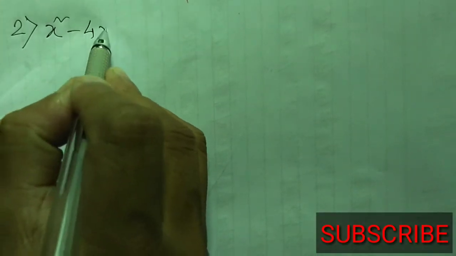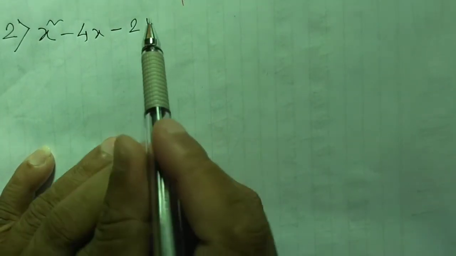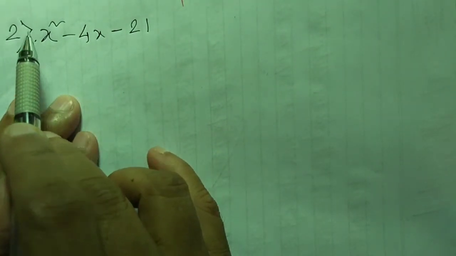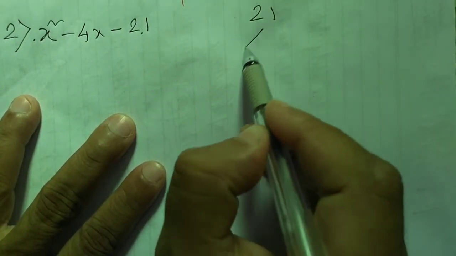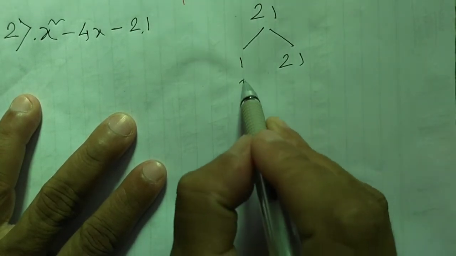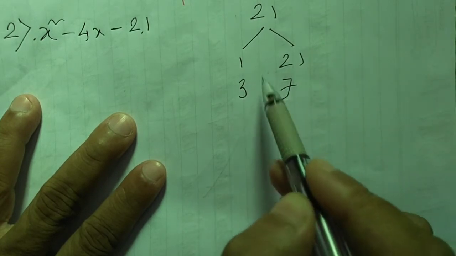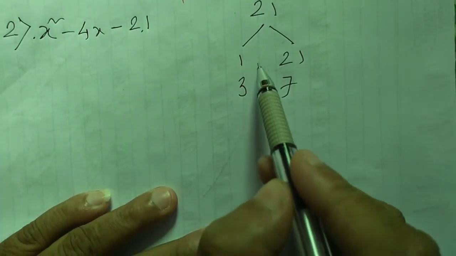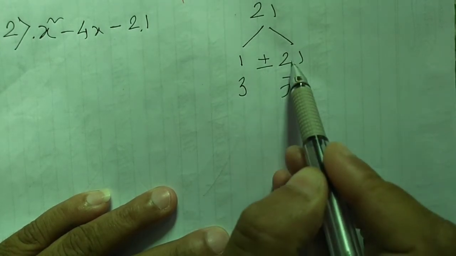Question number 2. X square minus 4x minus 21. So same way, is there any number? No. Only this number is there. So we'll write 21. Now let us split it. 1 into 21, 21. 3 7s are 21. We cannot split further. Now we have to see, by doing plus or minus 1 and 21, are we getting